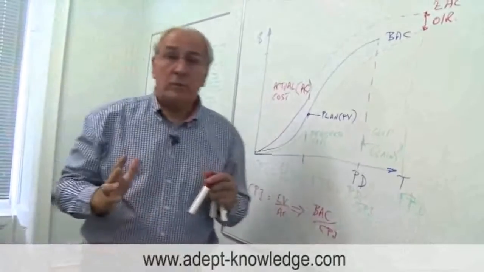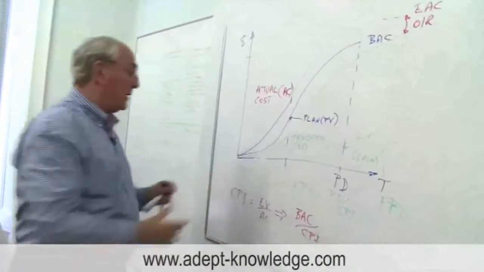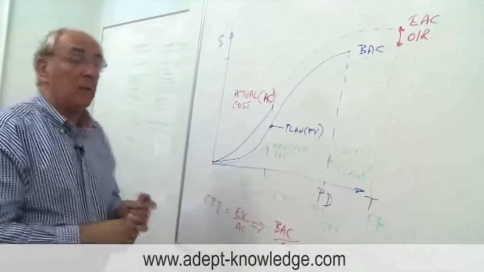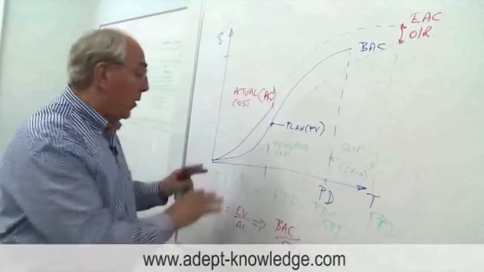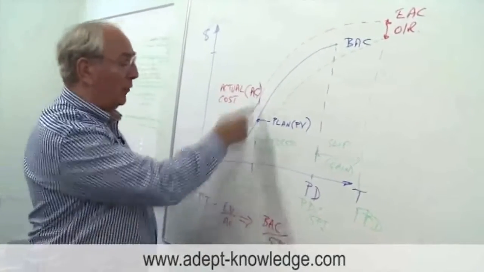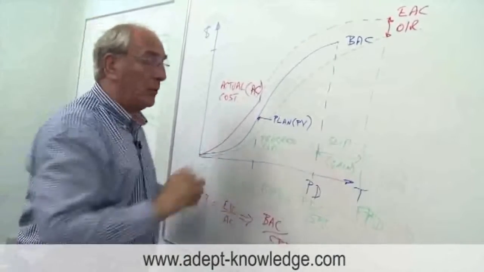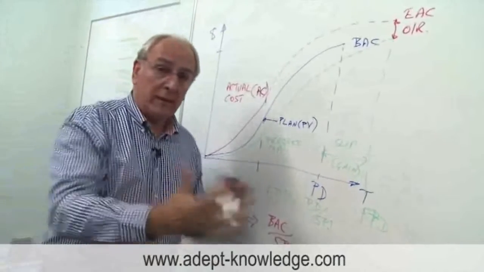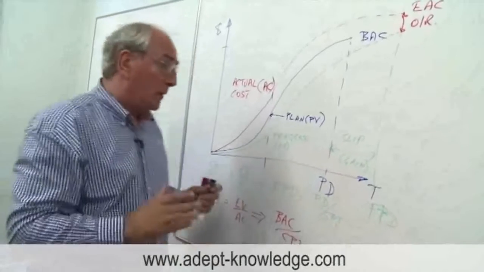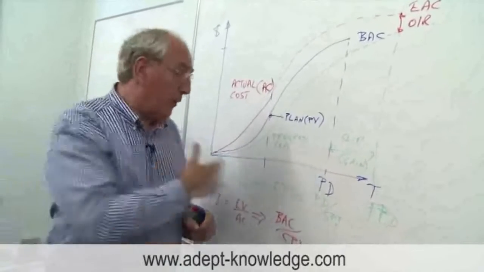There are some simple objections to this first index, the schedule performance index, and the objection to it is a philosophical one. Why use a ratio of costs or a vertical ratio when really what you want to do is to estimate something in time or horizontally? So in the British Standard they've got a much better version of this,